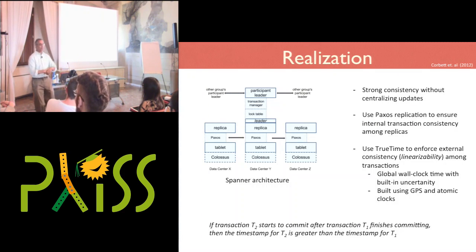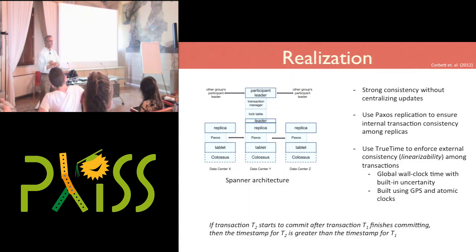Now, I'm simplifying quite a bit here because there is no notion of precise accuracy here. There could be clock skew, there could be drift, and other kinds of things that make this a little bit harder. And so basically, this notion of TrueTime is an interval. And they will essentially stall a transaction from running before another one, even after another has completed, if they can't prove that the interval of the transaction that completed did not finish before the interval of the transaction that's about to start. So, sorry, you had a question?